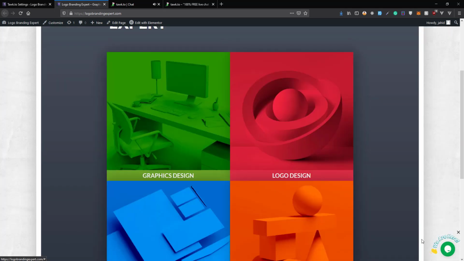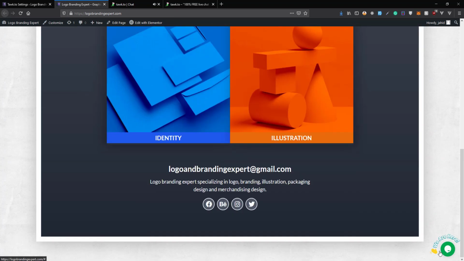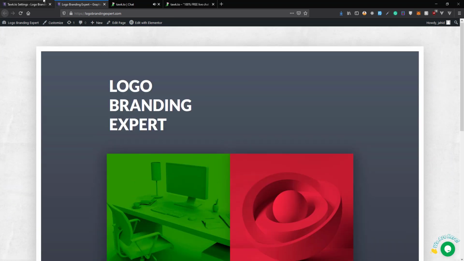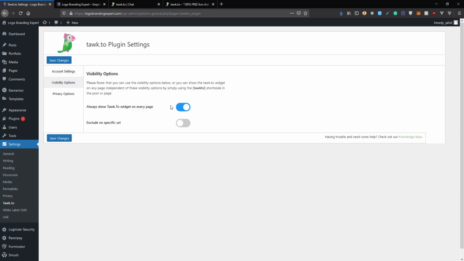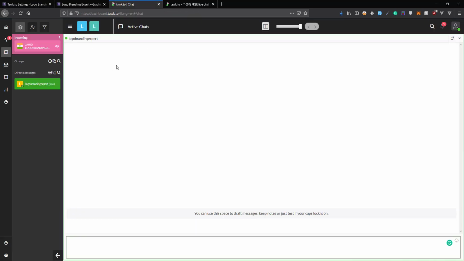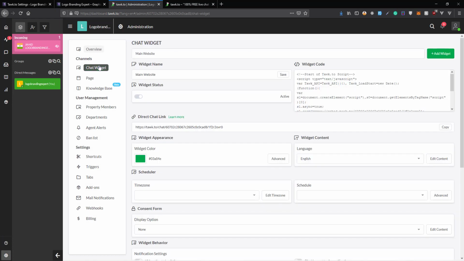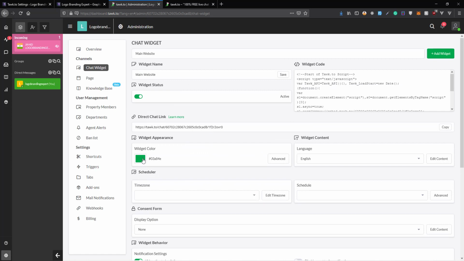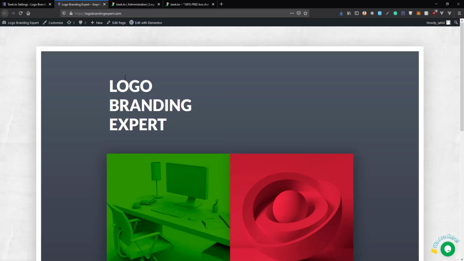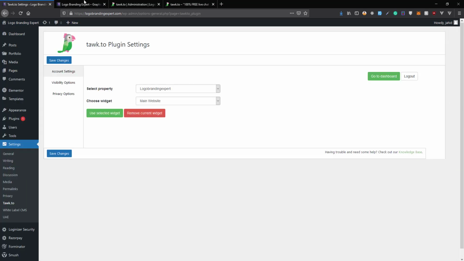A few more things that I would like to do is customize the color of this icon. So how do we do that? You can go here, but you cannot see any style options, so we have to do it from the dashboard itself. So go to settings and then go to chat widget. Okay, so we are at the chat widget customization panel. Now we can choose the color from here. I'm going to choose the website primary color, which is purple, I think, but I don't really remember.